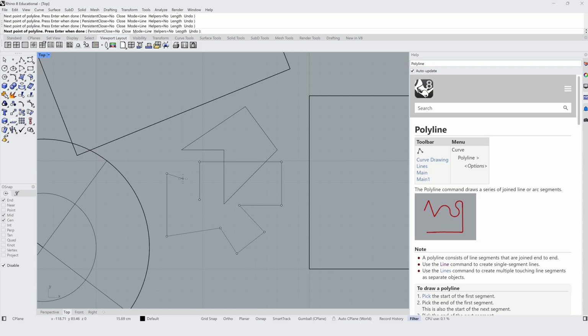The Shift shortcut works also in reverse. If I have ortho on, I can hold Shift and release it. So that works both directions. The next one we're going to look at is OSnap. And OSnap is short for Object Snap. This gives you options for your cursor to snap to the objects in the scene, which helps with alignment and